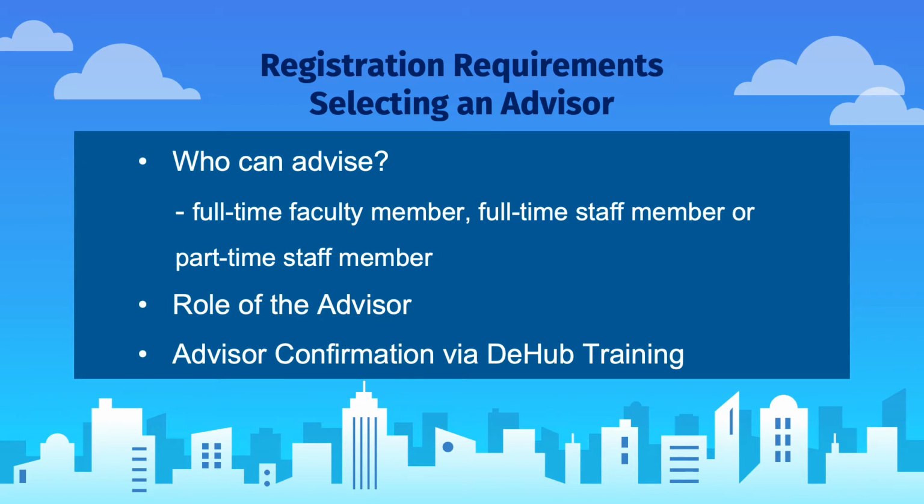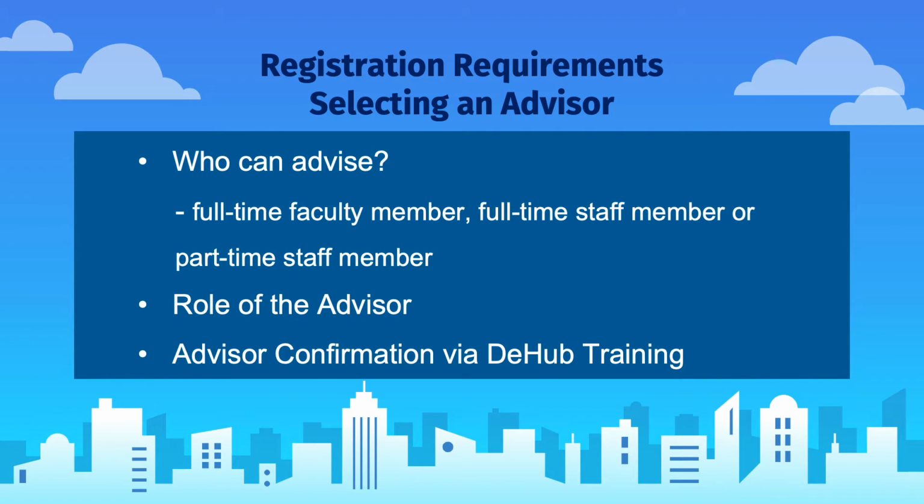As you prepare for the next academic year, it's important to understand the roles of your advisor and what level of support they are able to offer your organization. Advisors should be a full-time faculty member, full-time staff member, or part-time staff member. If they are not, you'll need to select a different advisor. Ask your advisor how much time they have and how they plan on supporting you. It's important to be really clear on how they prefer to communicate and what meetings, events, etc. they will be able to attend. Your relationship with your advisor is unique, and we want to make sure you get all the support you need to be successful. If you have trouble selecting an advisor, please contact OSI at